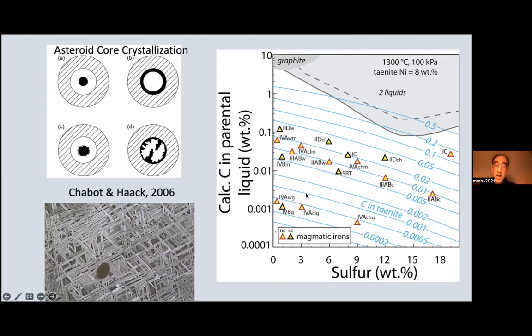And this is strange in part because carbon is siderophile. The cores will take as much carbon as they can from any silicate that they interact with. The fact that they have so little carbon really suggests that they were made from very carbon-rich bulk bodies, meaning both the silicate and the metal.